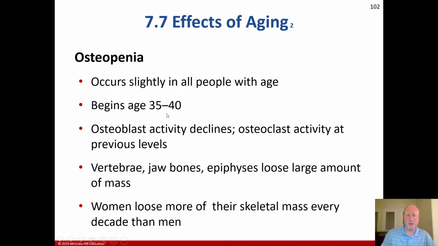It usually begins around age 35 to 40, generally speaking, about early middle age. Osteoblast activity declines. Osteoclast activity stays at previous levels. Vertebrae, jaw bones, and epiphyses lose a large amount of mass, and women lose more of their skeletal mass every decade than men. It's mostly due to hormonal differences between women and men, and a lot of that